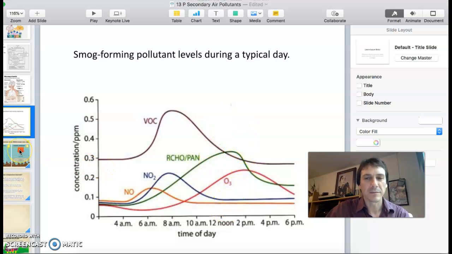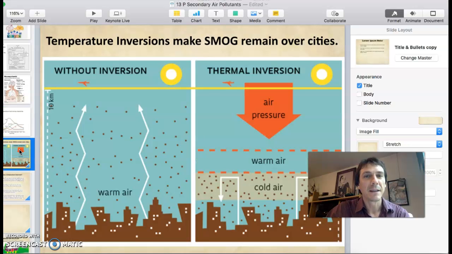All right, good. Hope you learned a lot on that graph. Next is temperature inversion. This is basically the final thing you need to know for outdoor air pollution, this concept